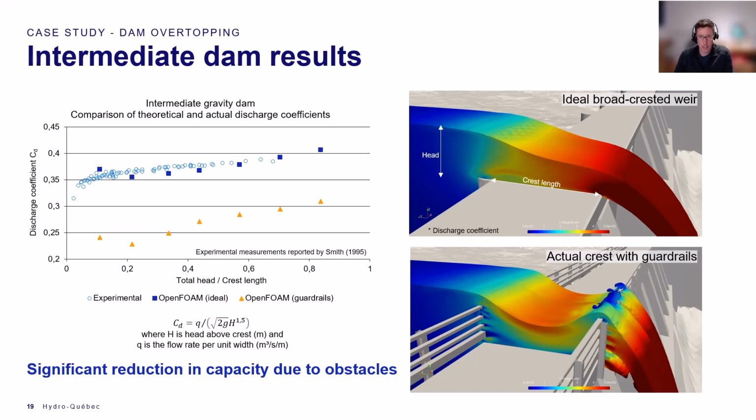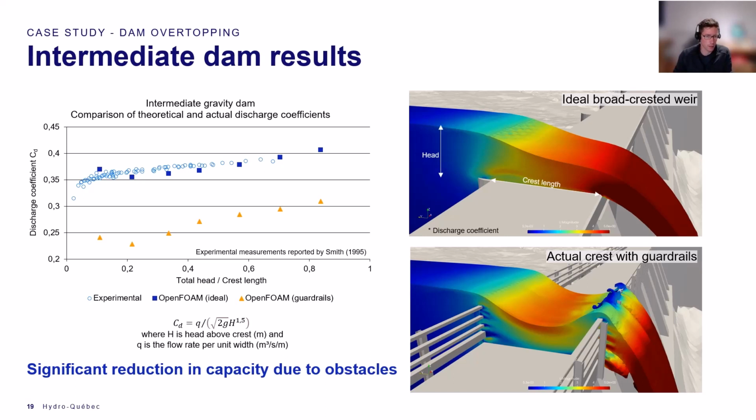However, when we add the guardrails in the flow, you can see that the flow changes aspects. There is a contraction at the upstream guardrail, acceleration on the crest, and then there is a small hydraulic jump and another contraction at the downstream guardrail, which means that when we integrate flow at the center location, we obtain unit discharges that are much smaller and a coefficient of discharge that is about 50% less than the theoretical coefficient